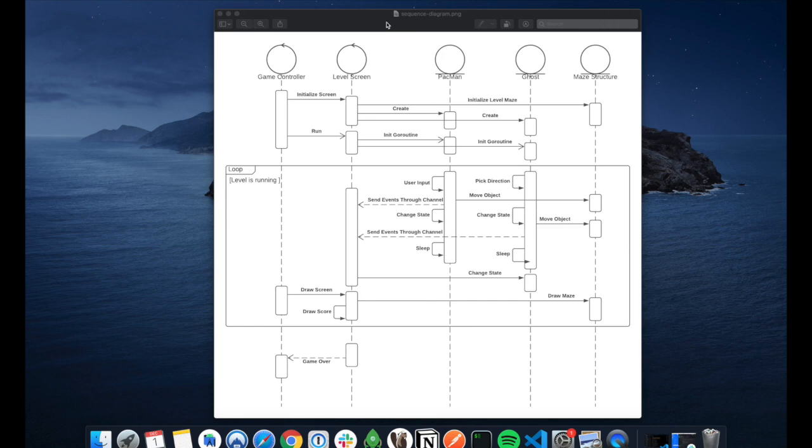Okay, so we're going to see a simple use case of how the game plays out in a sequence diagram. So we have the game controller, which is responsible for transitioning between screens. In this case, we're initializing the level screen because we want to play. The level screen will initialize Pacman, ghosts, the maze structure, or any other objects that are used in the game. Then the game controller runs the level screen Go routine, and the level screen initializes the Pacman and the ghost